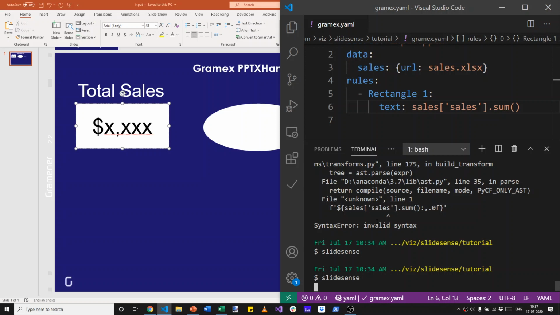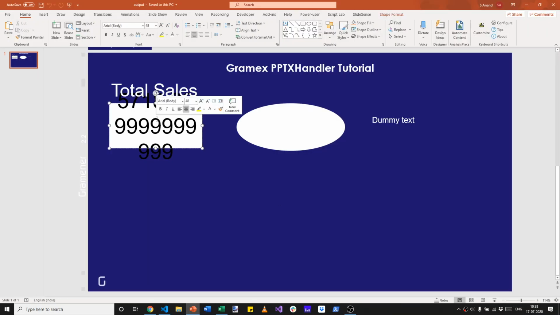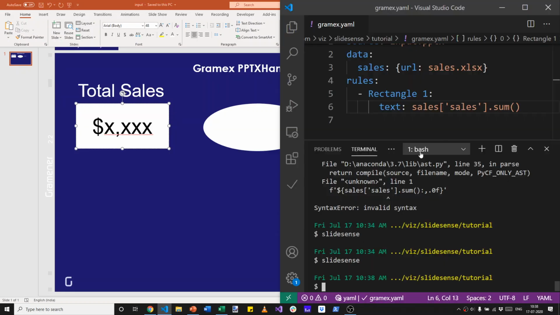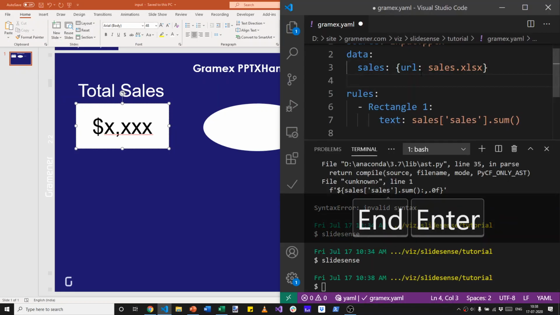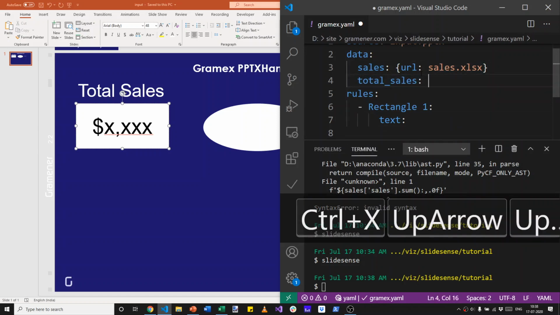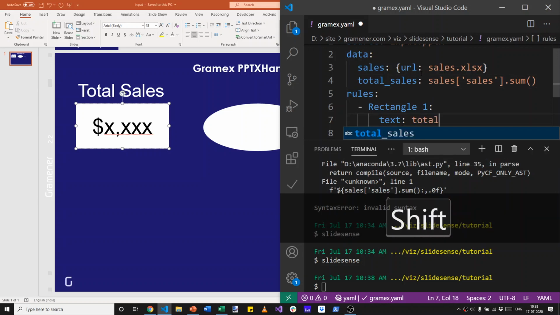This should get us the computed result by first loading that data set and then creating an output that has this number, which looks unusual. If we look a little closer, we'll find that it's actually 5,719, just that there's a floating point error. So we don't really want this many decimals, we only want to print one decimal. So how do we do that? Well, let's start by creating a variable for this. I can create a total sales as literally this value. Now I can say total sales. That's exactly the same as what we did before.